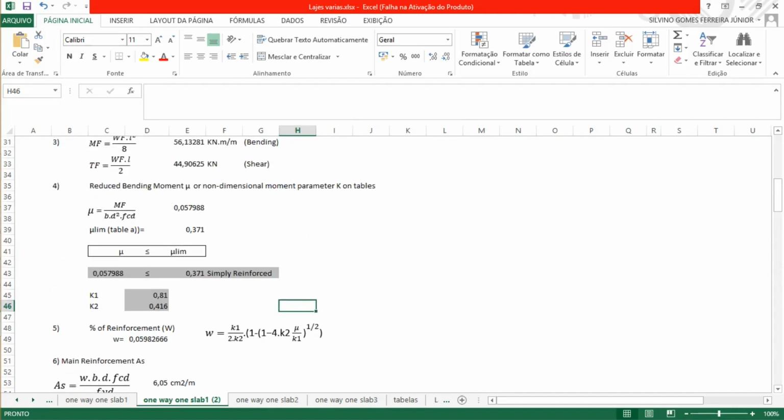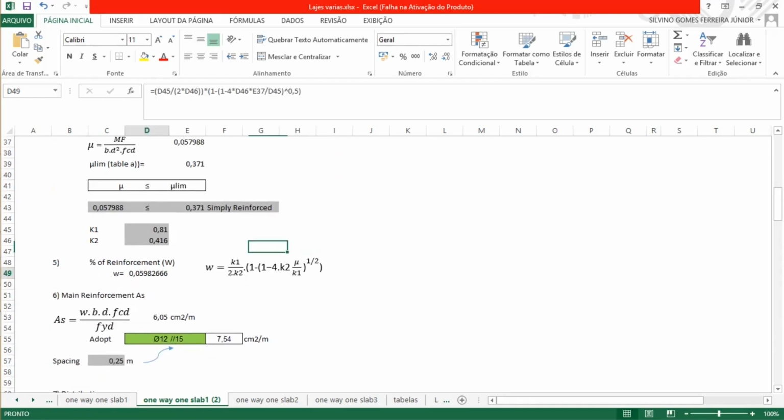With this K, with this reduced bending moment, we can get the percentage of steel for the main reinforcement that we are after. And this is using this equation where we have the K here. It is the mil that I'm using. So when we multiply everything and divide this, we get 0.059%